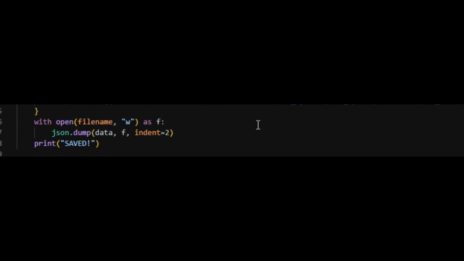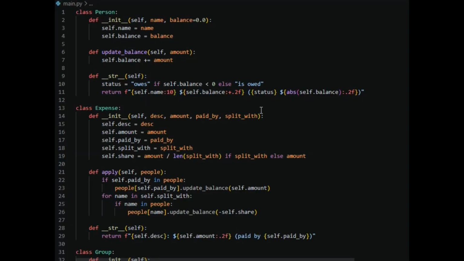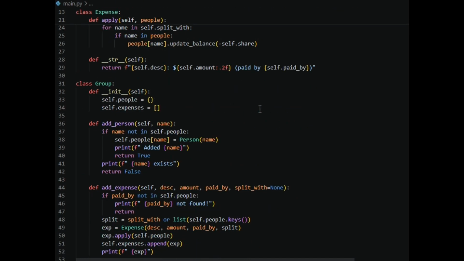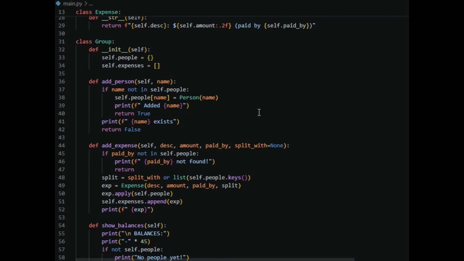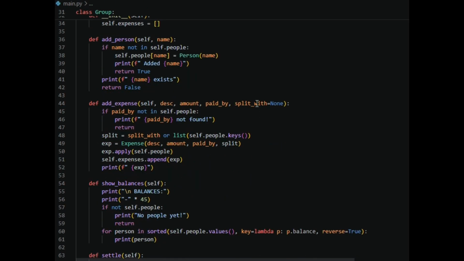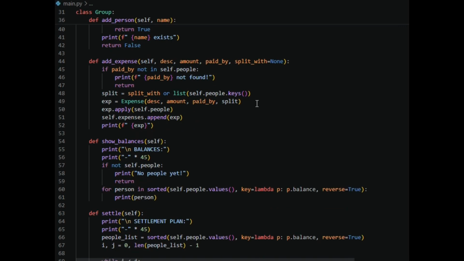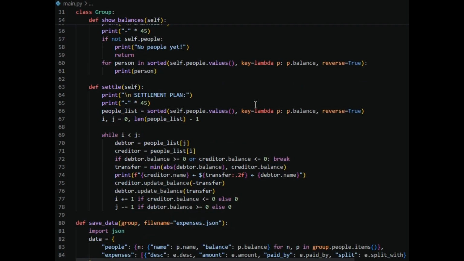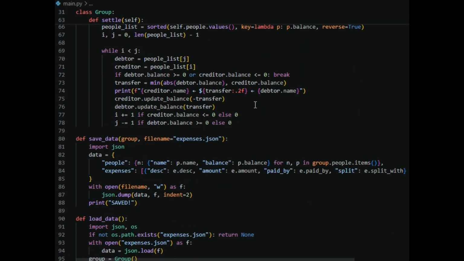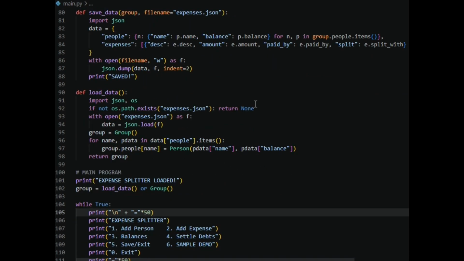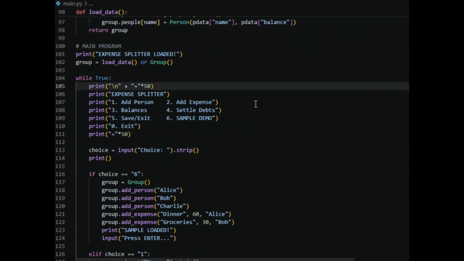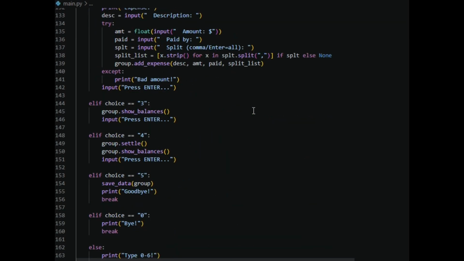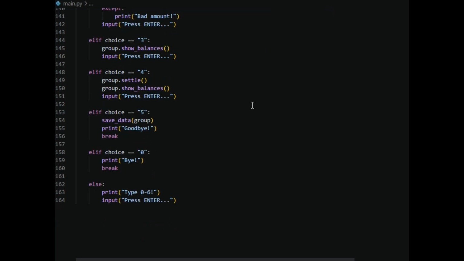The most challenging part of developing this project was implementing the settlement algorithm. I needed to carefully manage how balances were updated between creditors and debtors while ensuring that the calculations remained accurate and efficient. Another challenge was handling invalid user inputs. Since the application relies heavily on user interaction through the command line interface, it was important to prevent crashes caused by incorrect input formats such as invalid numbers or missing values.